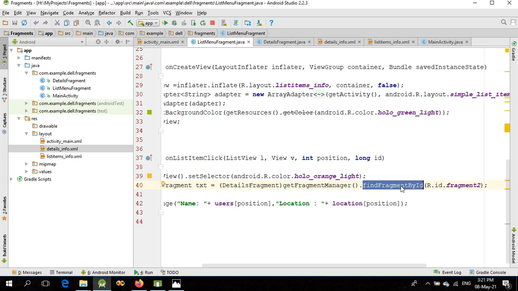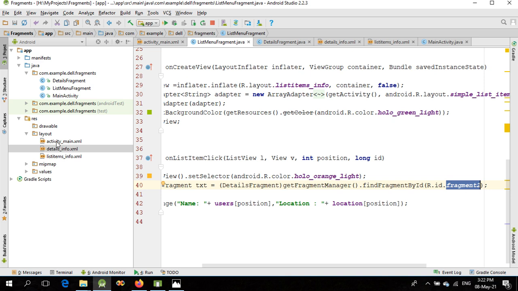This function works the same as findViewById, that's why here findFragmentById, and we are passing here the id of the fragment 2. So R.id.fragment2, it indicates to the